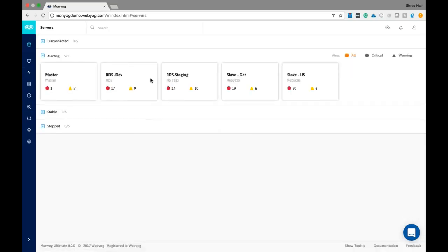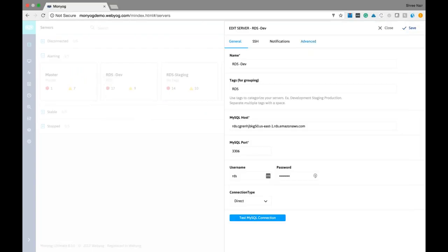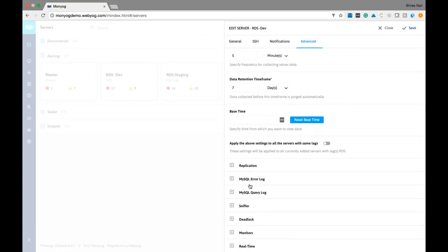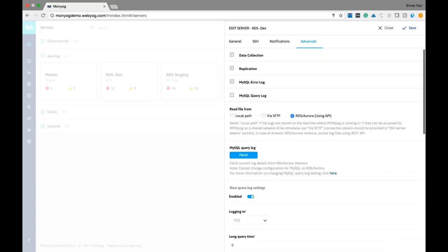server section of Monyog, where you see that I have a couple of RDS instances registered for monitoring, and it gives me an option to look at the settings for this. And what you would find here is under advanced settings, you have the options to monitor MySQL query log and MySQL error log. And once you expand it, you see that we have this unique technology, rather say we use the REST APIs of RDS to pull the log from RDS and do file-based monitoring and